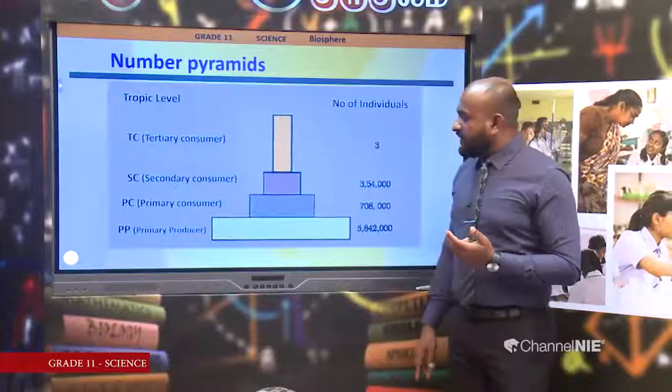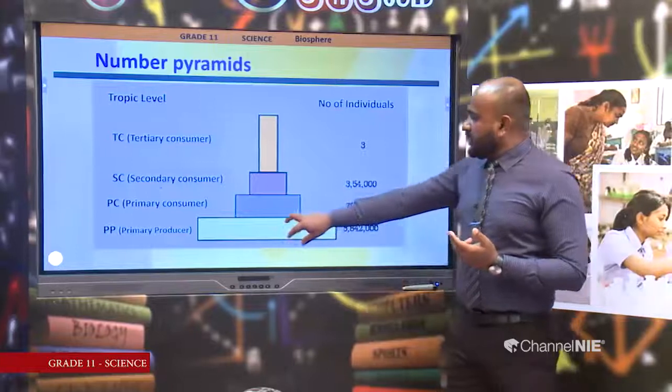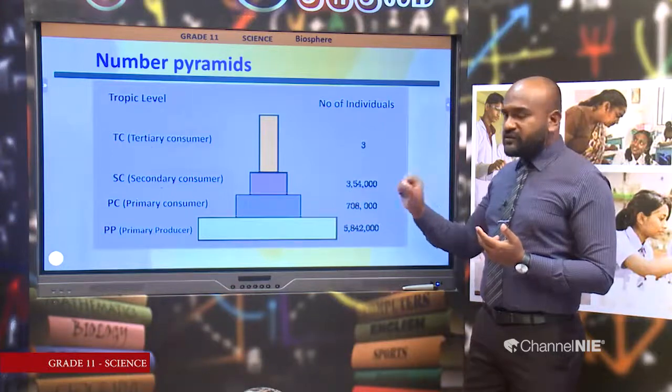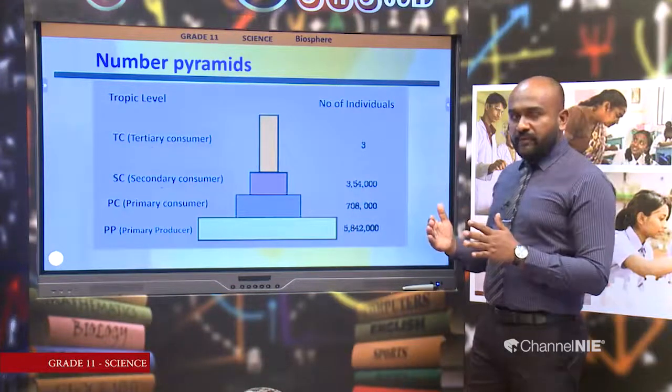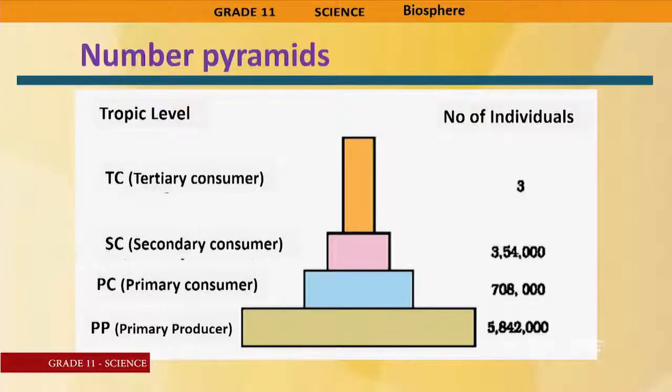You can see a typical number pyramid here. These rectangles are drawn proportionate to the number of organisms belonging to one trophic level. So, as I told you, and just think of the example I told you, as we go up along the food chain, we see a decrease in the number of organisms, we get this shape. So, will we get this shape always? What do you think? Will the number pyramid always be upright in this way? Or are there instances where number pyramids become inverted?